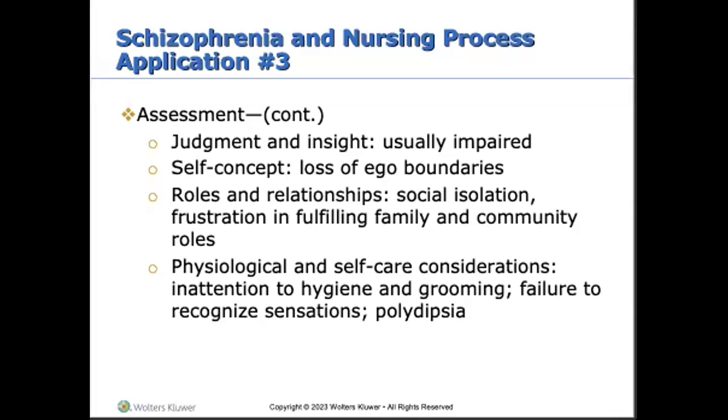Fulfilling family roles like being a son, a daughter, a sibling is difficult for these clients. They're often erratic, they have unpredictable behaviors, they can frighten family, embarrass family members. Family members can sometimes feel guilty or responsible. These clients may also believe that they have disappointed their families because they cannot become independent or successful.